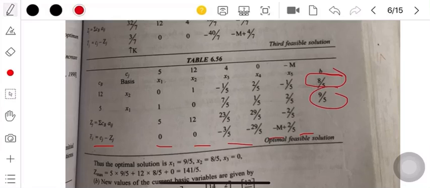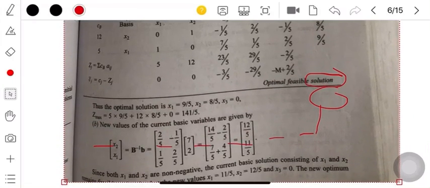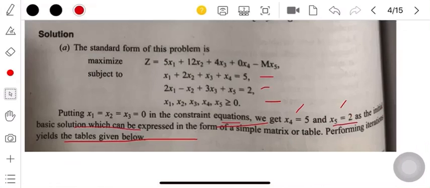Okay, so this was part A, in which it was asked to solve the problem. So we have solved the problem. So this is the solution. The value of x1 is 9 by 5, the value of x2 is 8 by 5, and the value of x3 equals 0. Okay, and the objective function is 141 by 5. So this was the first part. Now we need to discuss the second part. What was asked in the second part? You can see